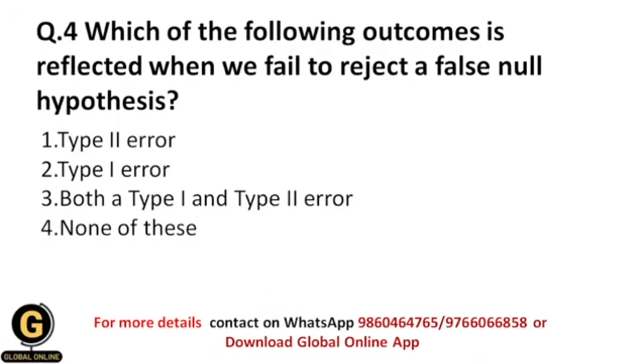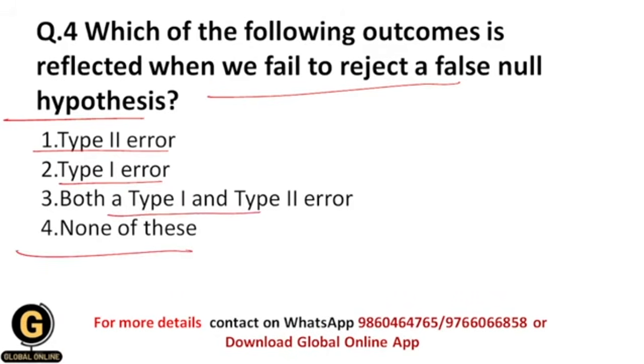Which of the following outcomes is reflected when we fail to reject a false null hypothesis? So whenever we fail to reject a false null hypothesis, then what will happen? So whether there will be type 2 error or there will be type 1 error, or when there is both types of errors, and those are type 1 and type 2 error, or none of these. So students, basically there are two types of errors in the whole null hypothesis testing part, and those are type 1 error